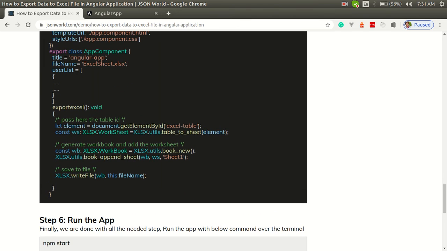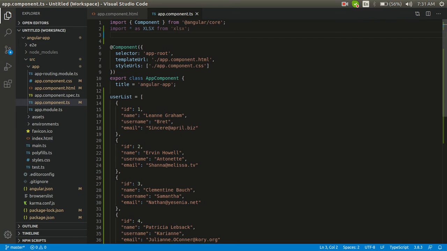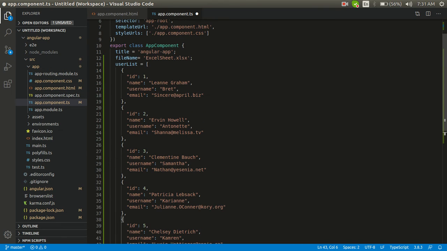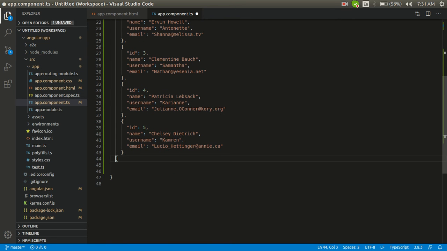Now here we need to define the name of the file. So here we will define whatever you want, so you can make it as per choice. I have just made it simple. Okay, so here it's excelfile.xlsx. You can make it as per your choice.